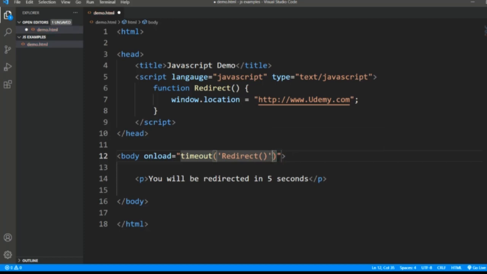Now I'll do that after 5000 milliseconds. So this redirect function will be called on load after 5000 milliseconds, because as soon as the body gets loaded, it will call this timeout function, and this timeout will give a callback to this redirect function